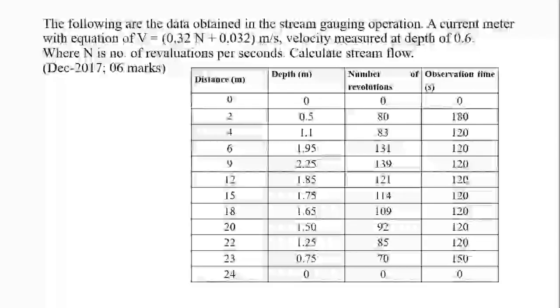Okay, so now in the solution we will be required to find out firstly the average width, then the area of each and every vertical strip, then velocity will be calculated using this relation. It means that firstly the given number of revolutions will be required to convert to revolutions per second, by dividing by the observation time. After that we have to calculate delta Q, that is the segmental discharge, as area into velocity. So we'll see that now.